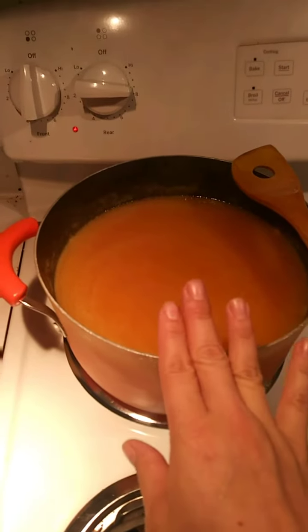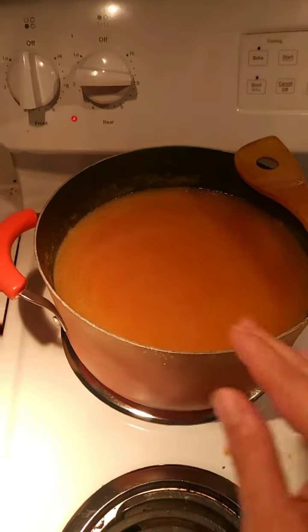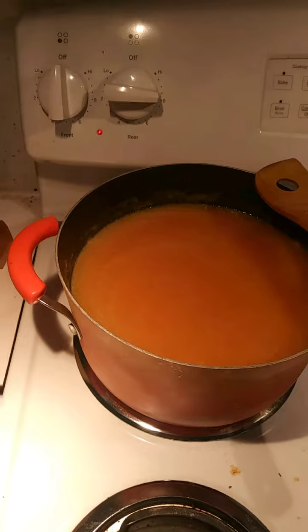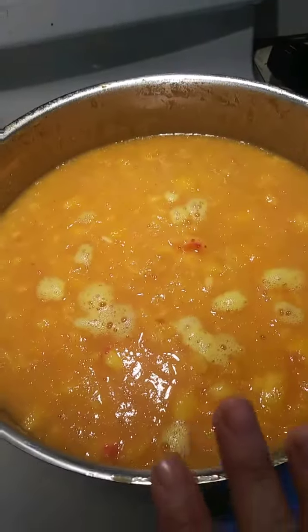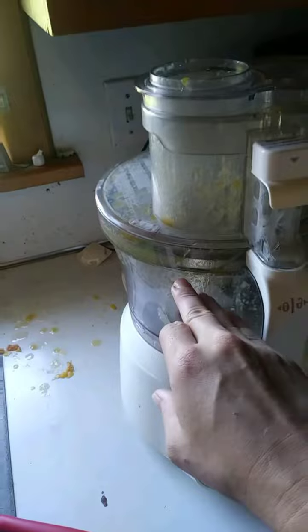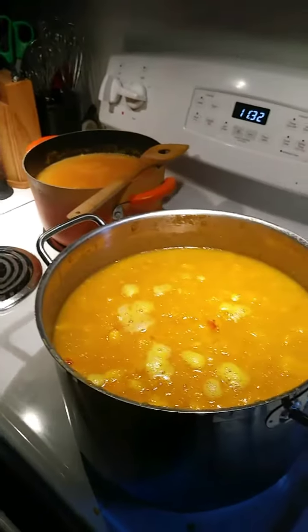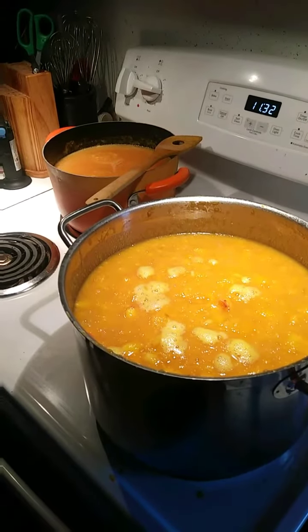This stage here is I put the sugar in that it calls for, and now I need to bring it to a boil for 5 minutes. Then after that 5 minutes, I turn the heat down to low for 40 to 60 minutes until it's thickened. So I'm waiting for this to heat up. And then once this is heated up, I will put it in the food processor a little bit at a time. Once it gets so full, so it doesn't spill over, I'll dump it in a bowl. And then once it's all run through, I will put it back in the pot and put it back on the stove like that one and cook it up. And then once it all reduces down and needs to, I will put it in jars and do hot water